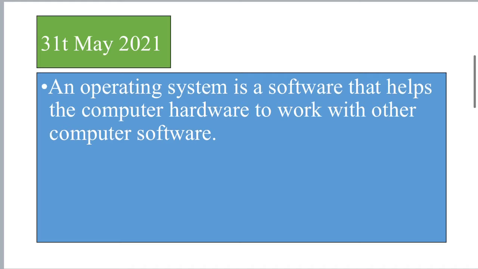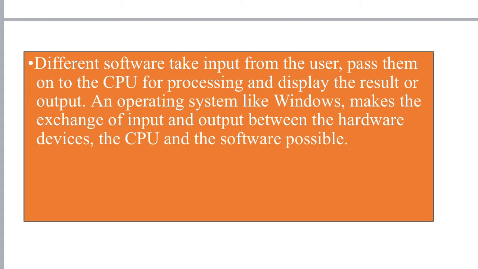And then we started our topic on page number 16. So we understood that an operating system is a software that helps the computer hardware like a keyboard or a mouse to work with other computer software like MS Paint, MS Word, or any games that you have on your computer. So what happens is that different software like let's say MS Paint or Roblox or Minecraft, they take input